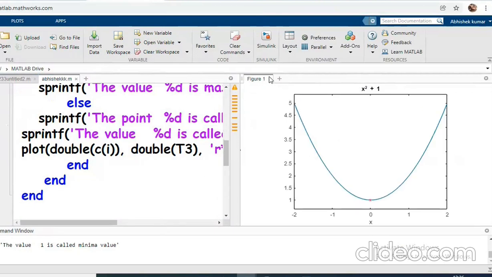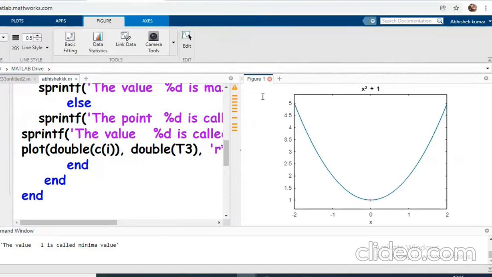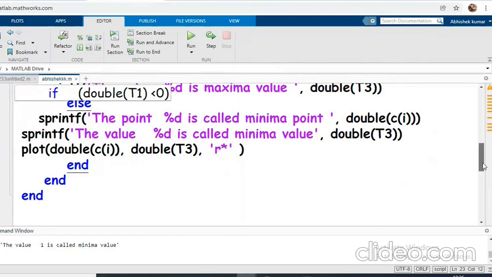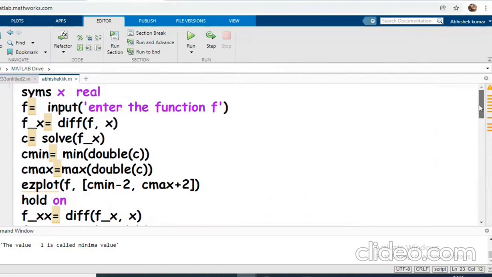So you can learn using this code, and I'm writing this code so that you can also write it parallelly with me with this video, so it will be very clear. I'm not displaying the code, I'm just writing it so that you can get a clear idea about how the code has been written, and the step by step I'm explaining.